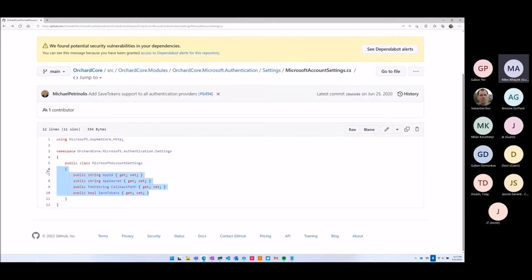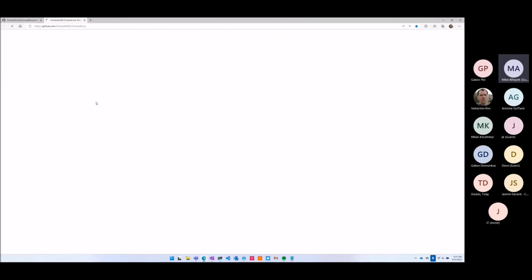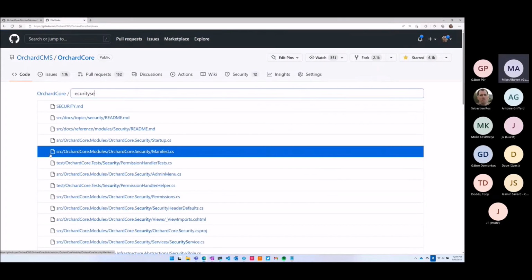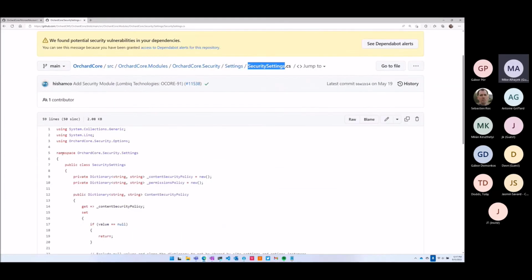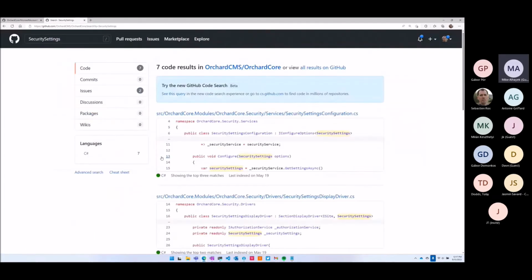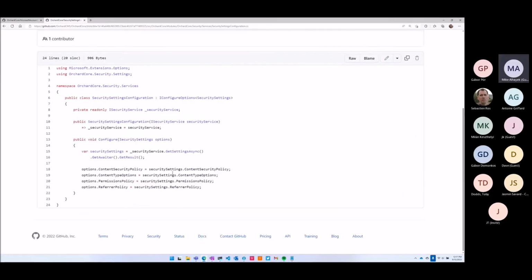So in the security settings, if you look at the code, there is a flag called from configuration, and in the display driver, we evaluate that from configuration flag, and then we load from that configuration if that setting is set. So that's why they're using the post configuration. But also, if you look at other examples, like we did for the resources options and for the pager options, you will see that we're using configure, and then in the post configuration, we're using the site settings. Because when you have site settings, you have an admin UI, and you want to always make sure, if that is available, to honor the UI. If the UI doesn't exist, then you do the configuration.